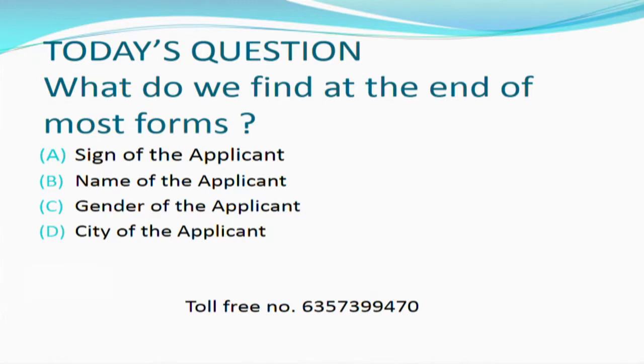Today's question: what do we find at the end of the most forms? And options are here. Option A, sign of the applicant. Option B, name of the applicant. Option C, gender of the applicant. Option D, city of the applicant. Now choose your correct answer and give your response to this toll-free number